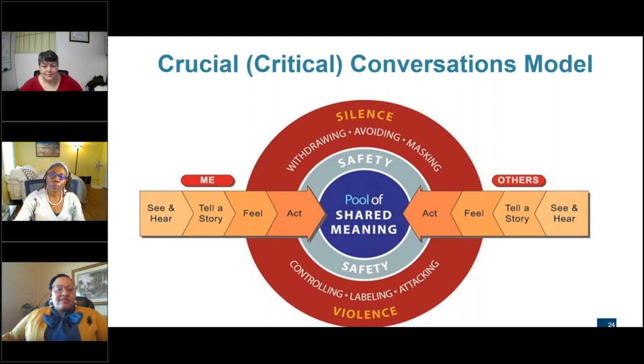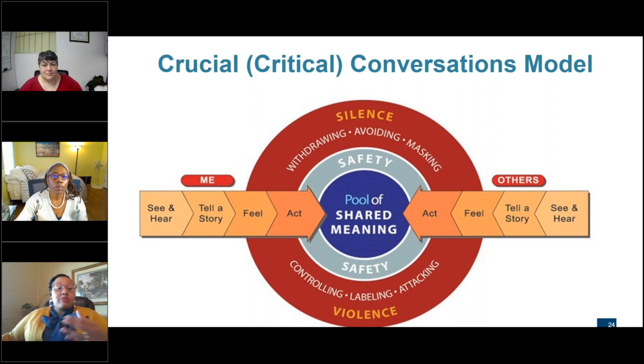So here is the process for those conversations, and this is the dialogue that we go by at my institution. On the left side, you'll see what needs to happen with you. So for you, you want to both see and hear. So you're looking at the person, you're hearing what they're saying, you're listening as they're talking. Then when it's your turn, you tell a story. It could be a personal story, it could be something that has impacted you,